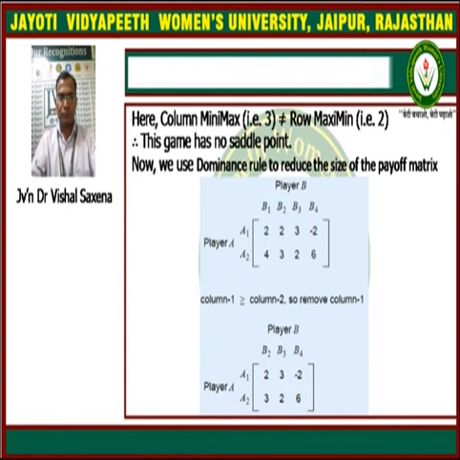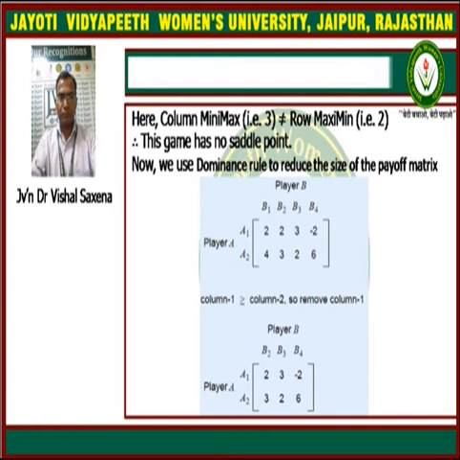That is by the principle of dominance. The first column is dominated by the second column, and therefore the first column is neglected, or just deleted from this payoff matrix, because it is dominated by column 2. So the reduced payoff matrix is given by: player A has strategies A1 and A2, while player B has strategies B2, B3 and B4.